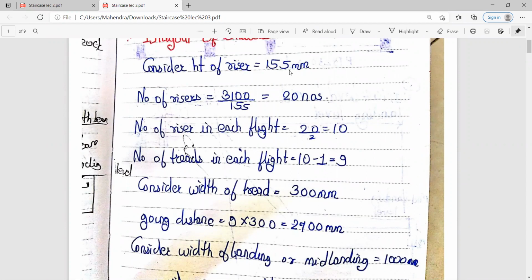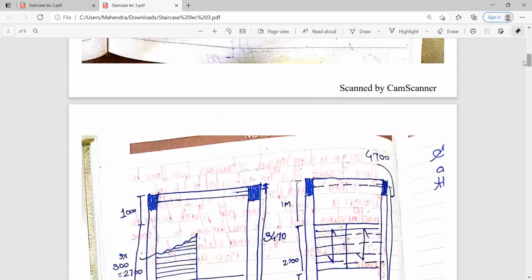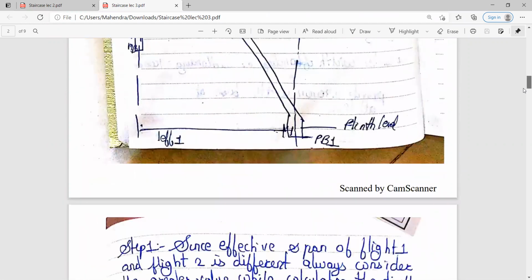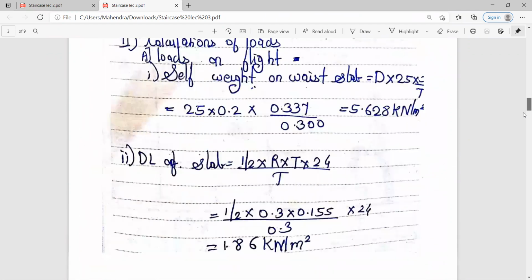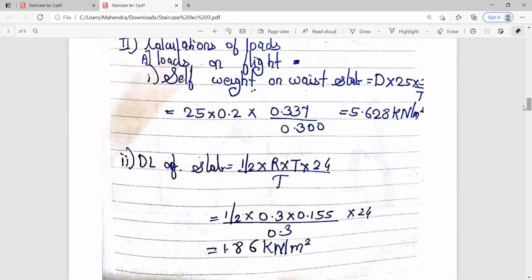आपने height of the riser कितना लिया है? 155. And width of the tread आपने कितना लिया है? 300. So under root of 155 square plus 300 square, you will get the value for X after applying the Pythagoras theorem. तो x की वैल्यू मिलती है आपको 0.337